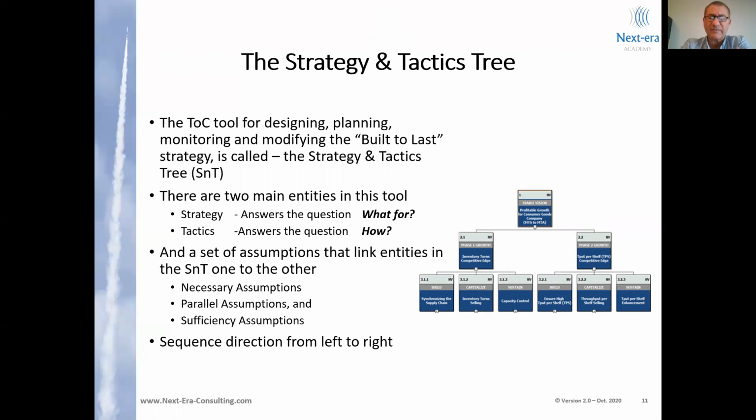And the strategy and tactics tree is sequenced. By and large, it is from left to right. Of course, it does not go linearly, but this is the concept. Putting all of this together gives us a coherent strategy that includes a differentiating value proposal to the market, all the changes the company needs to do in order to achieve, sustain and exploit the new market advantage, and the growth plan, how to handle the growth after the launch of this proposal to the market.